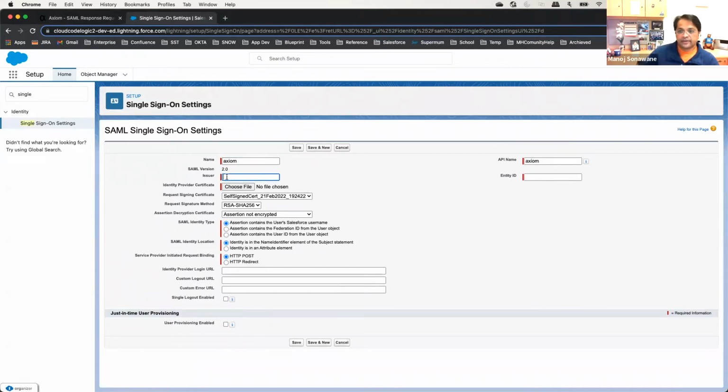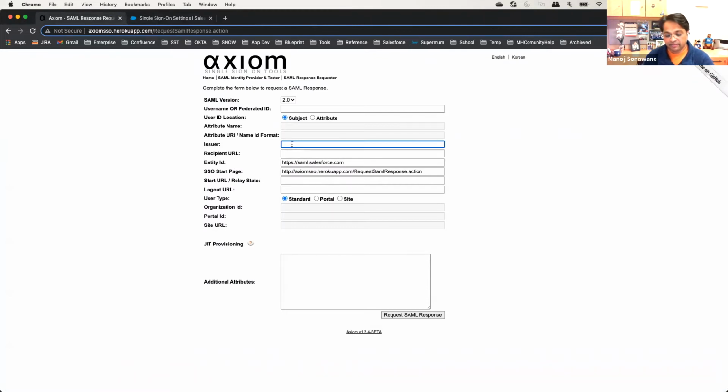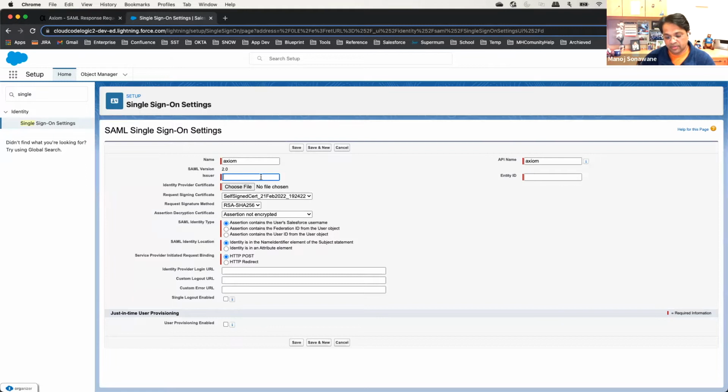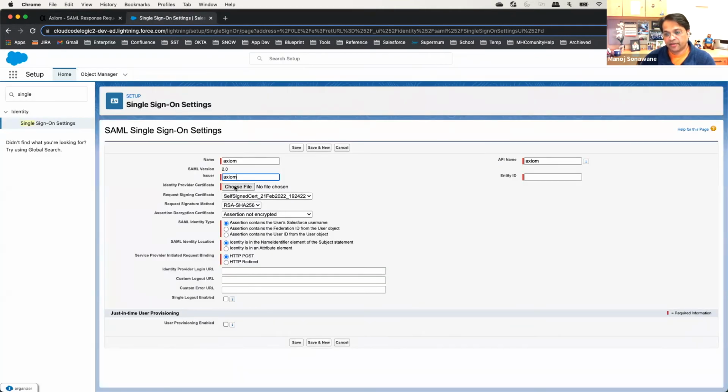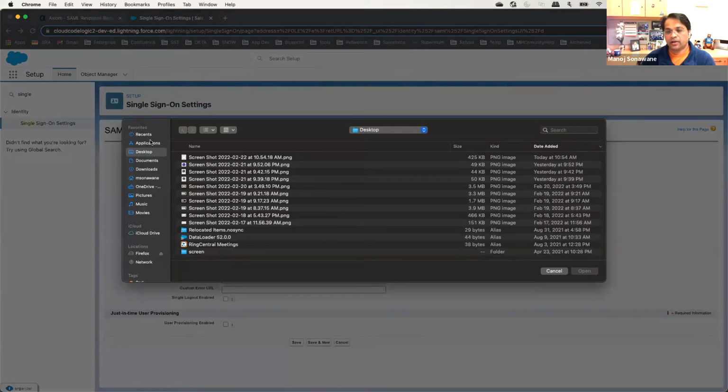Now, the issuer is the name or ID provider of the IDP, so it has to match. Whatever name you put here has to match the configuration on the Salesforce side. So I'll use Axiom here, and I'll use the same here. Now, the next thing it's asking for is the certificate. I already have the certificate, so I can go back to my